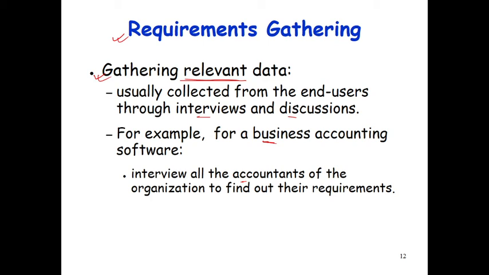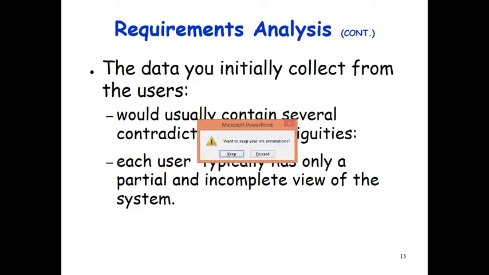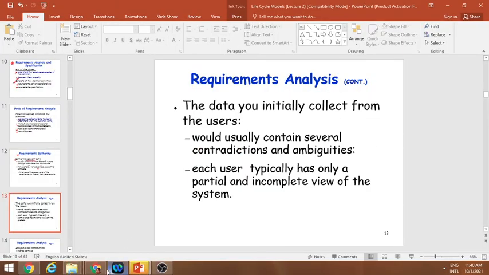So this is requirement gathering. This is a very important thing. What are the requirements? You need to gather all those things. Then requirement analysis. The data you initially collect from the users would usually contain several contradictions and ambiguities. So there are different contradictions and ambiguities. So you need to